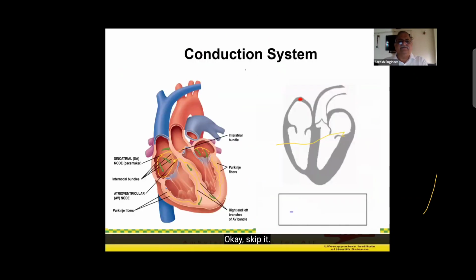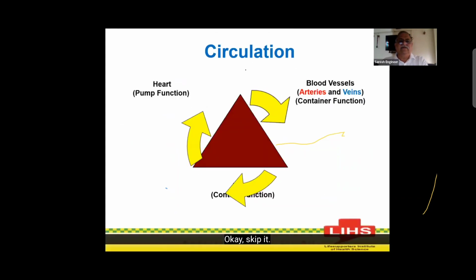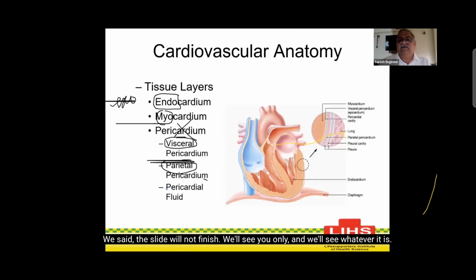Okay, skip it. We said the slide, we will not finish. We'll see here only and we'll see whatever it is. So there is